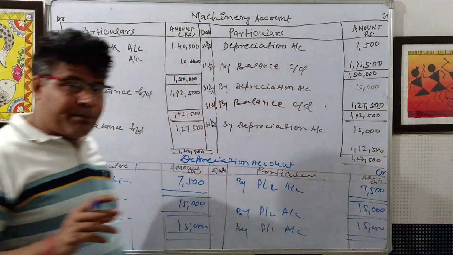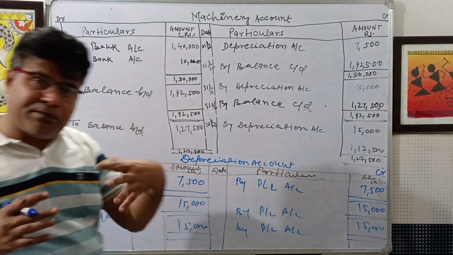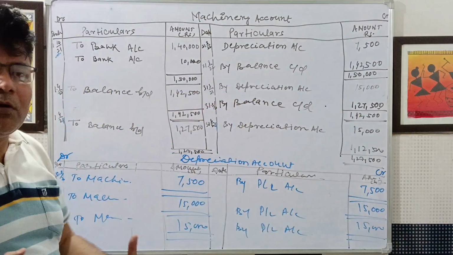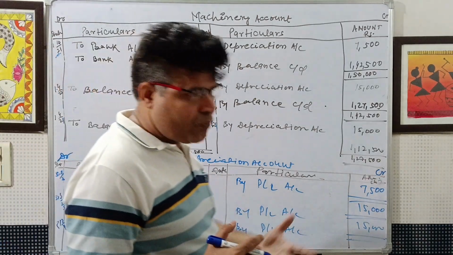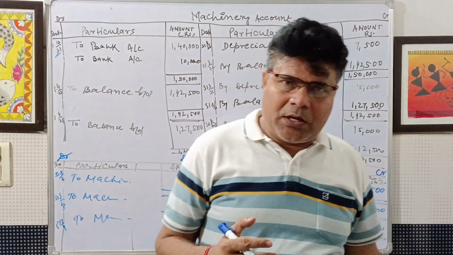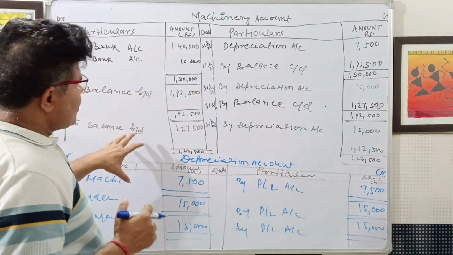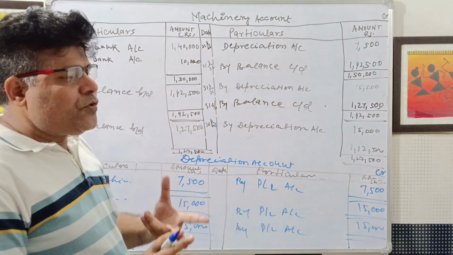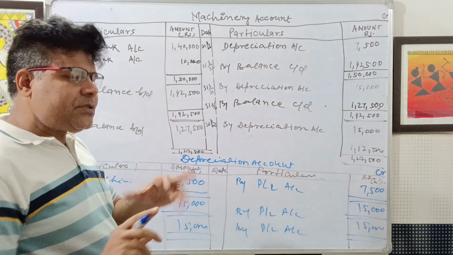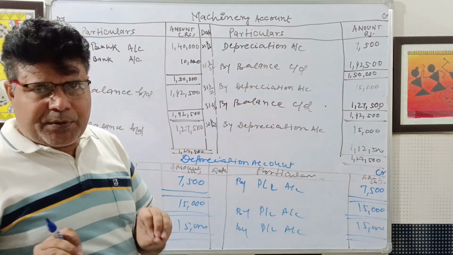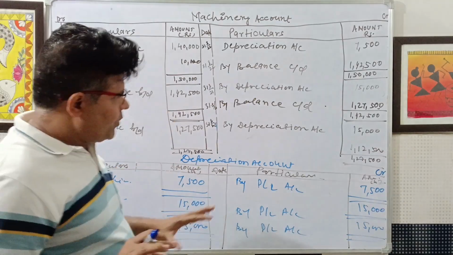If the depreciation charge method is different, if it is written down value method or diminishing balance method, whatever is stated in the questions, we treat it like that. But in this question, we only use the straight line method. Why? Because the question asked original cost every year. So thank you for